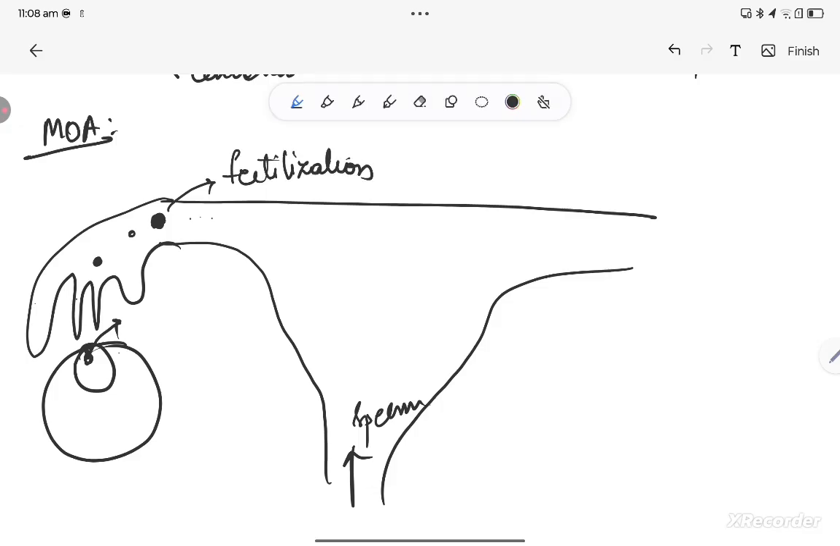After fertilization, implantation happens here. For implantation to happen, you need an appropriate endometrial bed. This is your normal physiology. So what happens is,